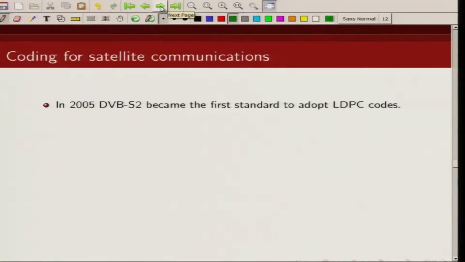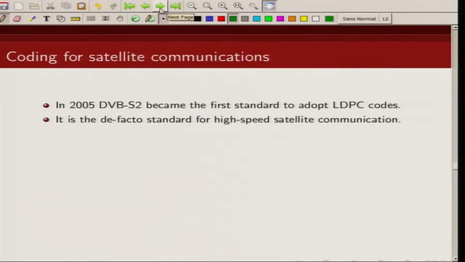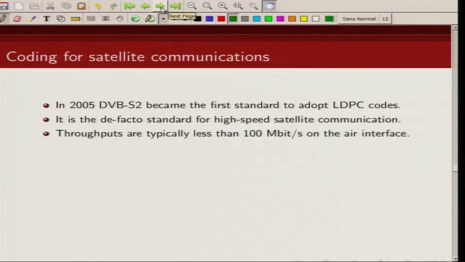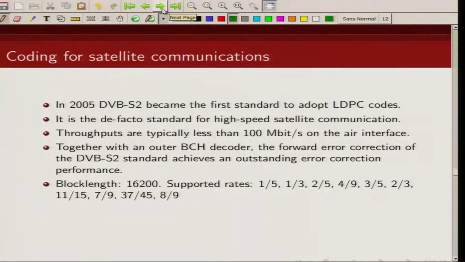Now let's move to an application in satellite communication. There is the standard Digital Video Broadcasting S2 standard, DVB-S2, which was one of the first standards to adopt low density parity check codes. It's a de facto standard for high speed satellite communication, where typical throughput is less than 100 megabits per second. It uses a BCH code as an outer code along with the inner LDPC codes,